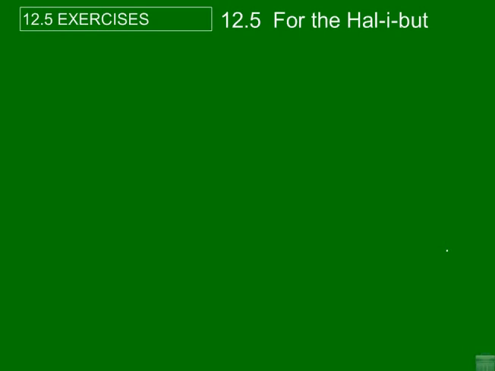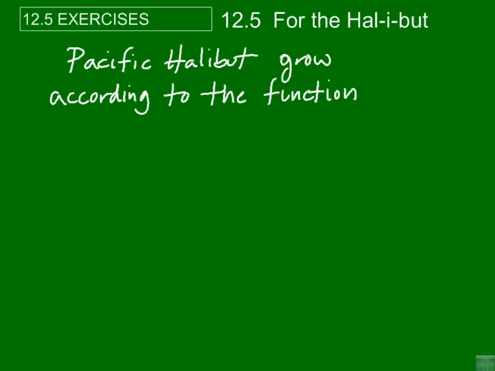for the halibut. So apparently there's a formula made by this very famous guy, the von Bertalanffy family. He came up with a formula that says that Pacific halibut grow according to a particular function, which is actually kind of a cool thing to know, that there's a pretty regular growth pattern for these fish. So if you catch one, measure it, break out your little function here, and you can tell how old this